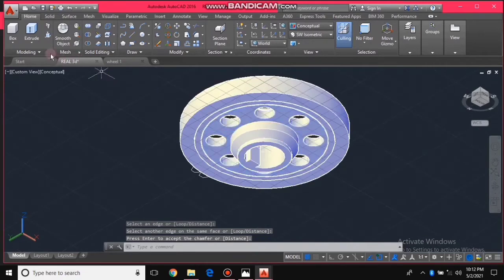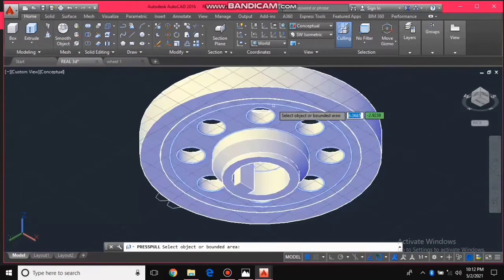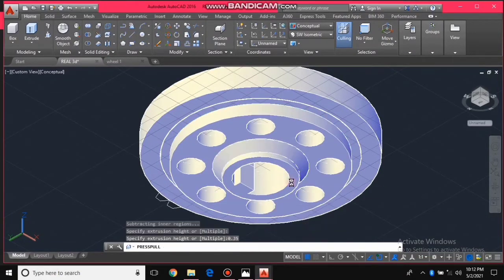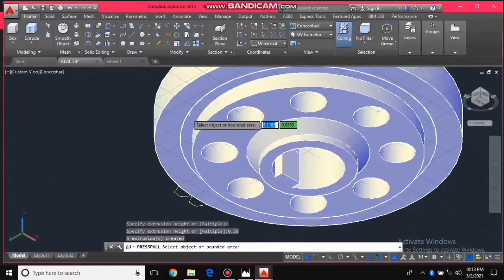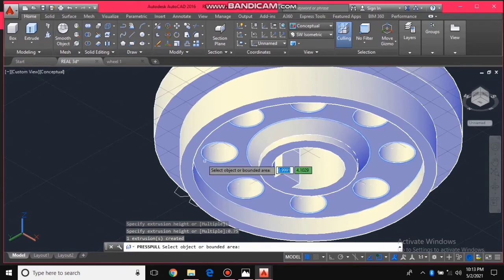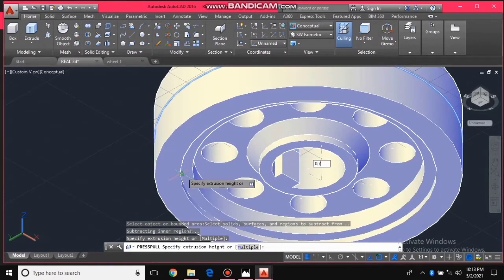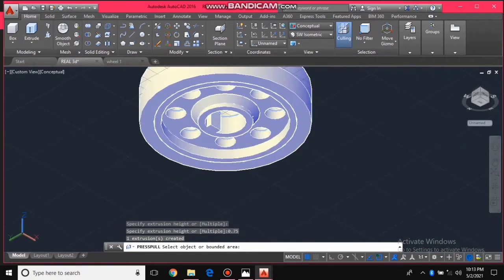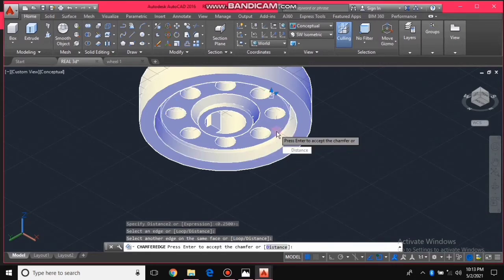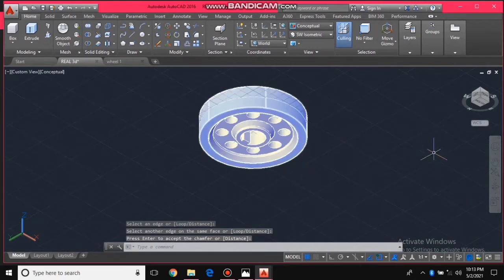enter. Then next is press pull. Let's type 0.35. Then this part is 0.75, and also this part 0.75. Then after that, type again chamfer edge with a distance of 0.25, 0.25, then click this part. Then after that,